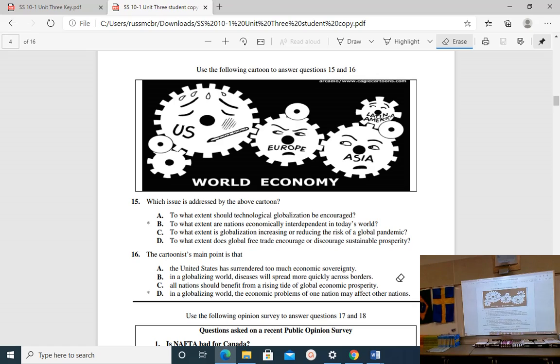Let's look at number 15 and 16. So here we have a cartoon, but before we start looking at the detail within the cartoon, let's see if we know what we're looking for. Number 15, which issue is addressed by the above cartoon? So we need to find an issue. And looking at the nuances or the details within the cartoon, it says world economy, and there's a whole bunch of